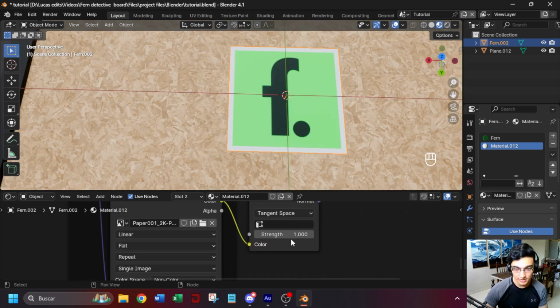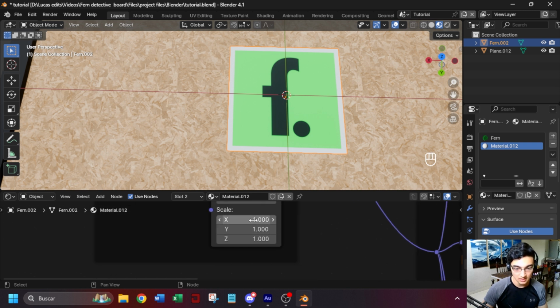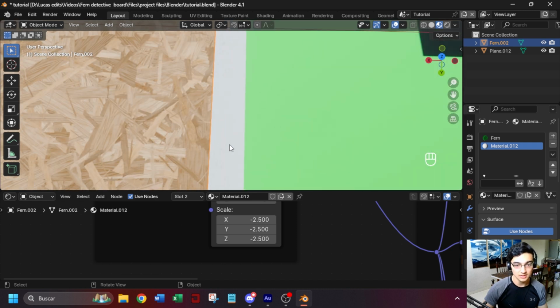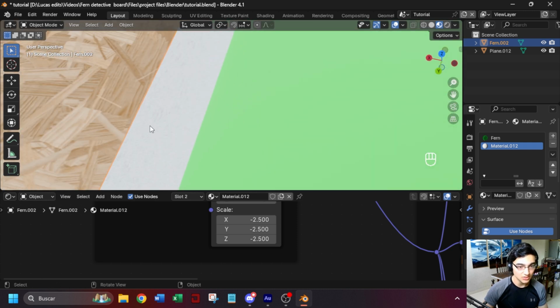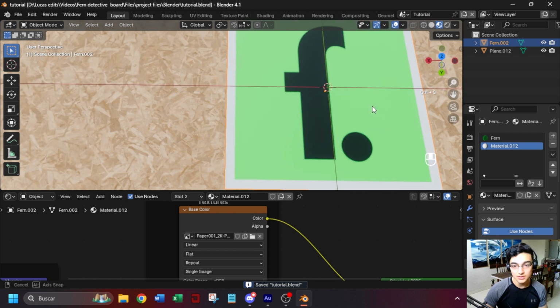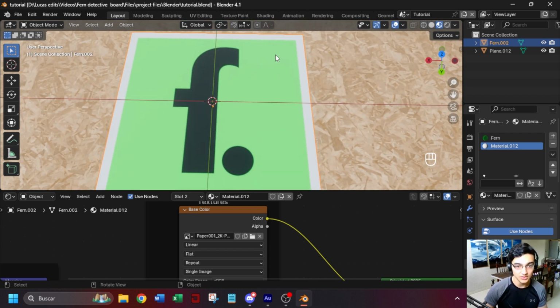So I'm going to increase the strength up to 2, and then here I'm going to decrease the scale, minus, and actually I'm going to increase the scale to 2.5, sorry, minus 2.5, yeah, something like this. And I think you can see some texture here, and I want to give the same texture to the FERN